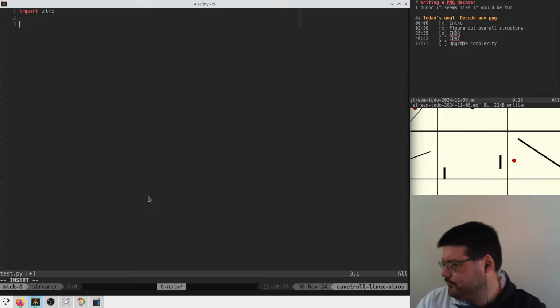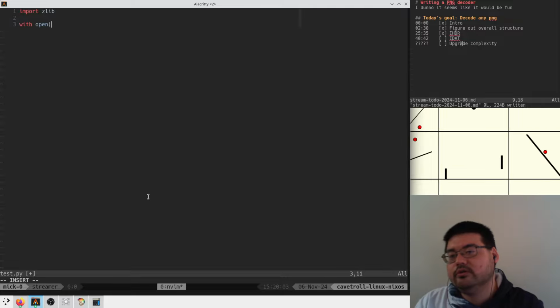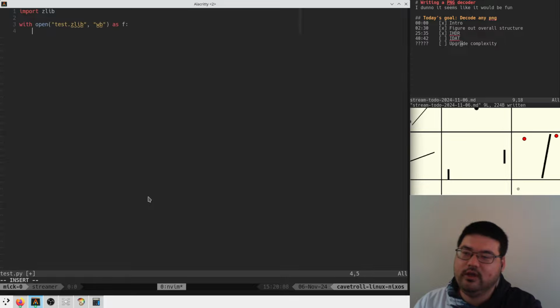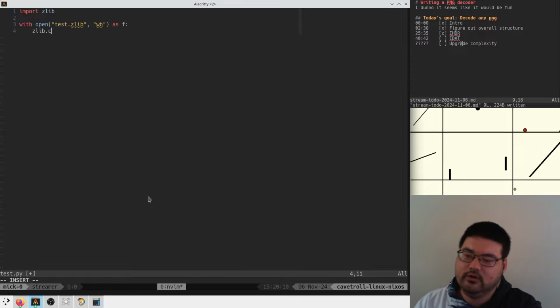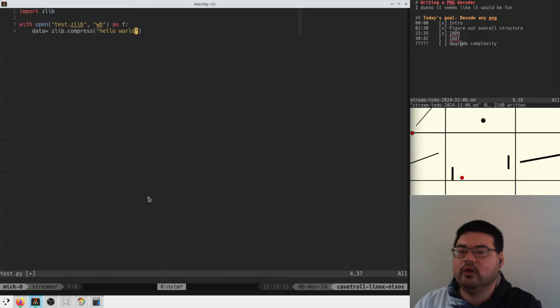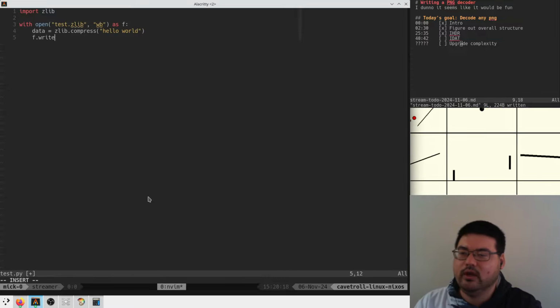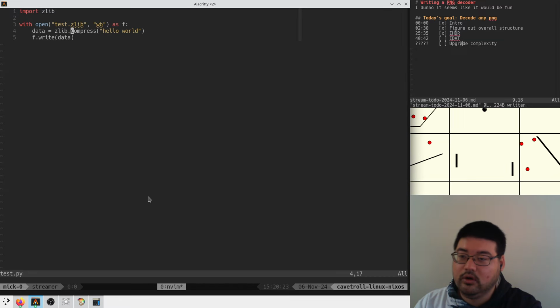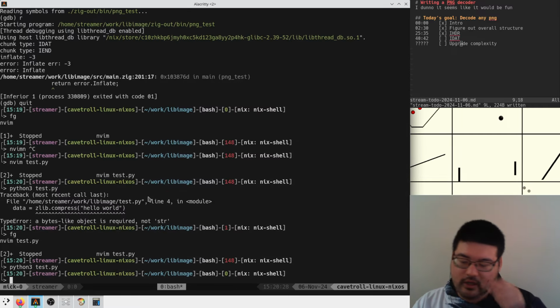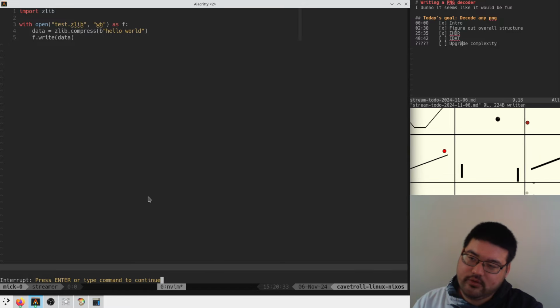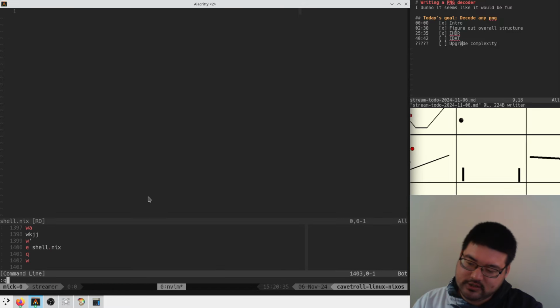So we can do like, open test.zlib as a binary file, and then zlib compress hello world. And then do f.write data. A bytes-like object is required, not a string. So I think I write b here. Okay, so we have some zlib data, and I happen to know that the zlib header is 2 bytes, but